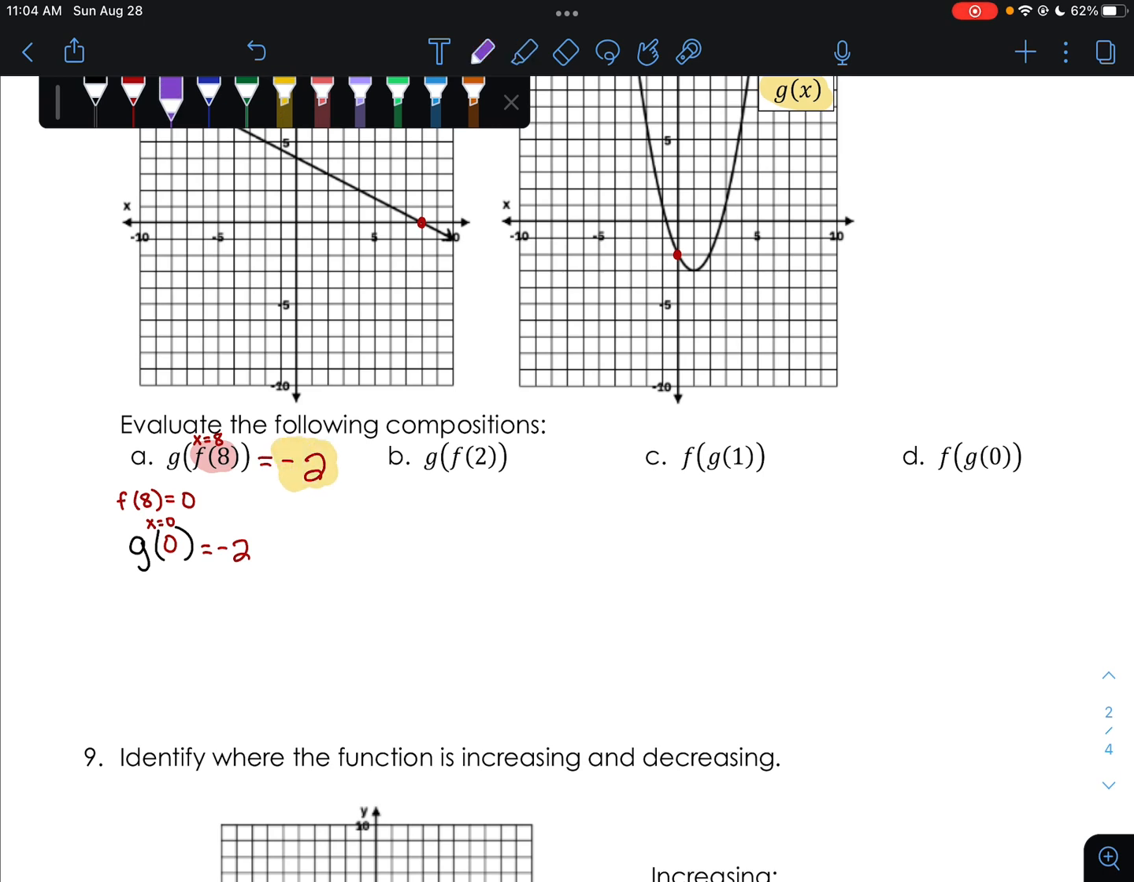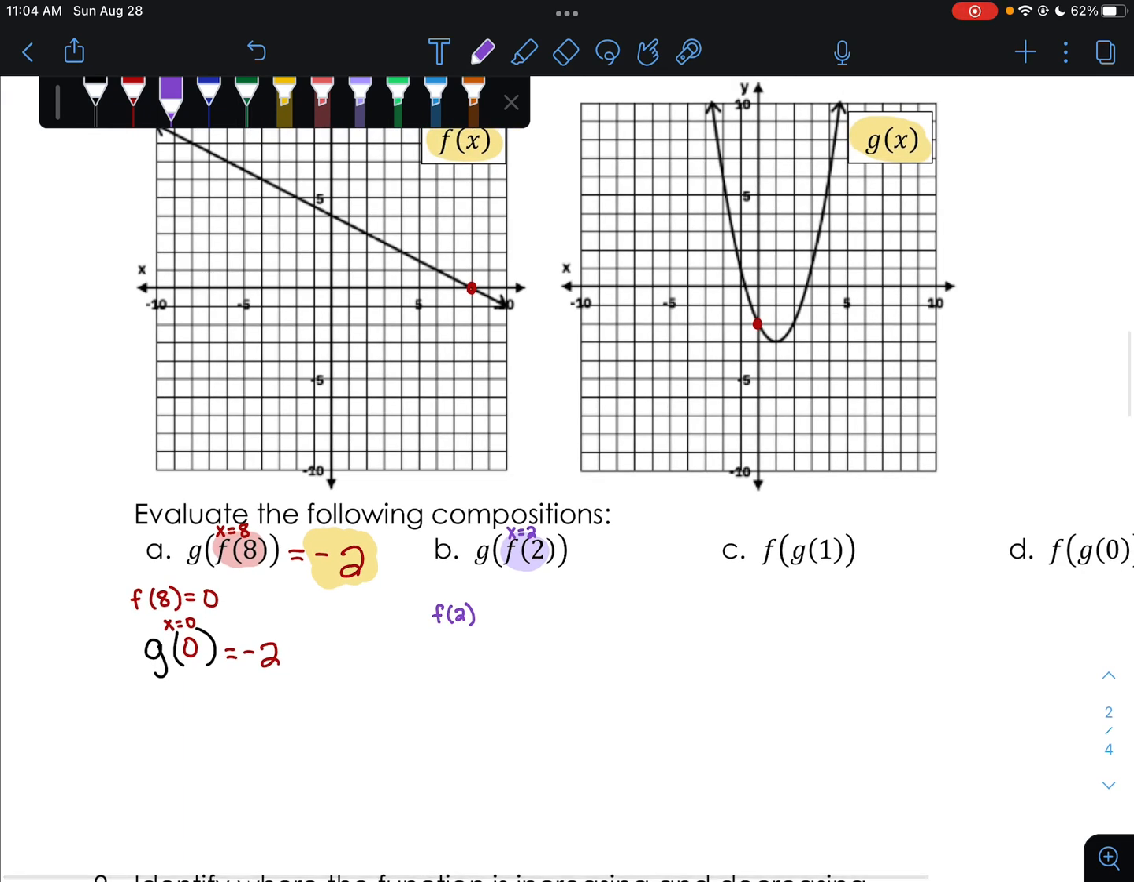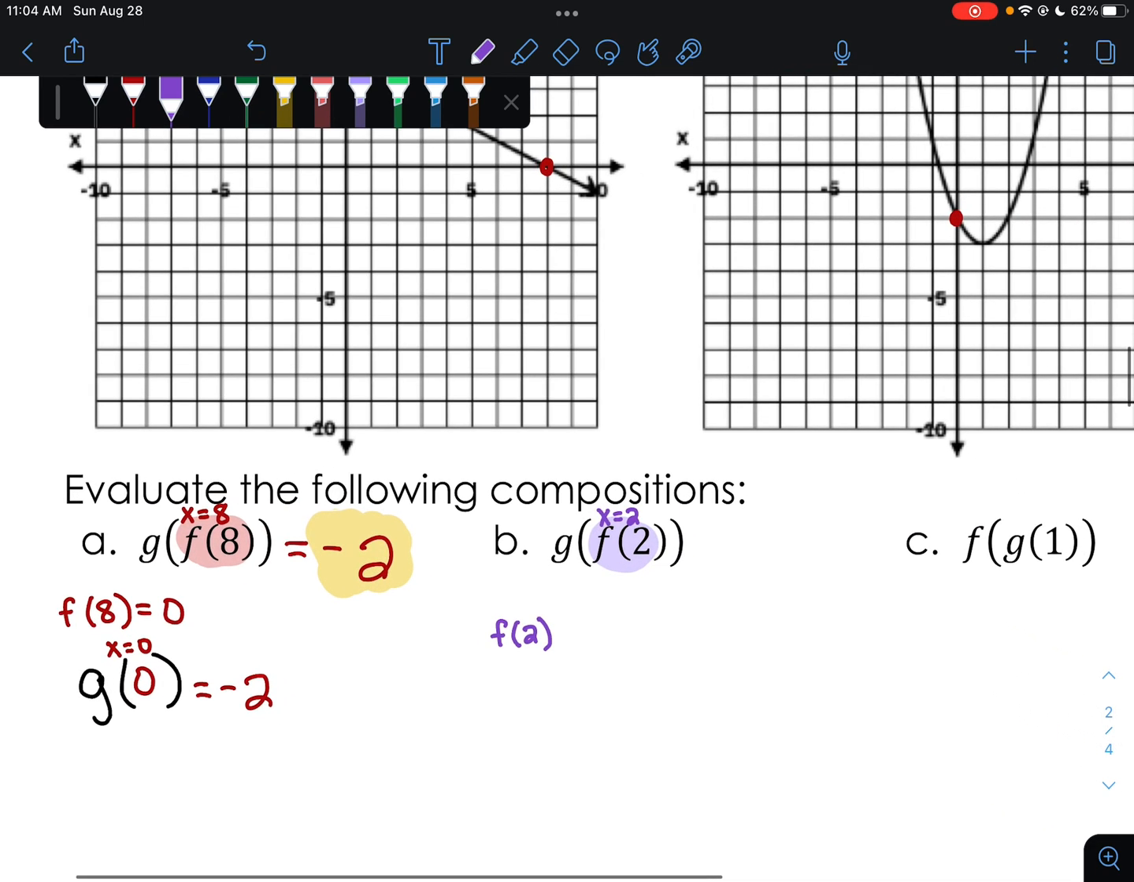Moving on to the next one, we have g of f of 2. So we start with this inside piece. This inside piece tells me when x equals 2, what is the y value of my function? So that would be f of 2. So if I go to the f graph and I find where x equals 2, the y value is right here at 3. So I get f of 2 is equal to 3, which means I can now evaluate